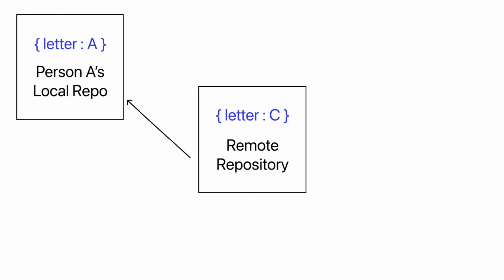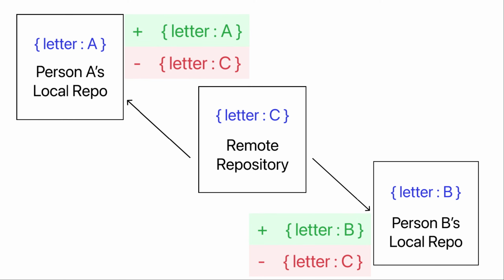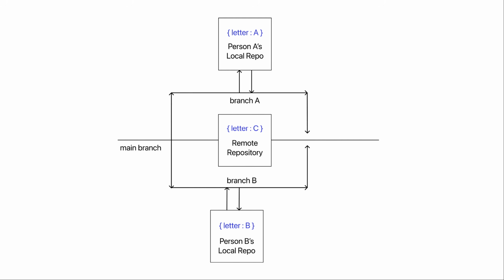Now let us talk about branch. So let us say there is a remote repository on GitHub and person A clones that repository in his system and changes some code, and person B does the same. Now you can see that the changes by person A and person B are conflicting to each other, and that is why this is not a good practice. So to solve this problem, Git provides functionality to work on branches. So in this case, person A will create his own branch and work on it, and person B will create his own branch and work on it. And they will push their code in their own branches and not the main branch of the remote repository, so that there won't be any conflicts.